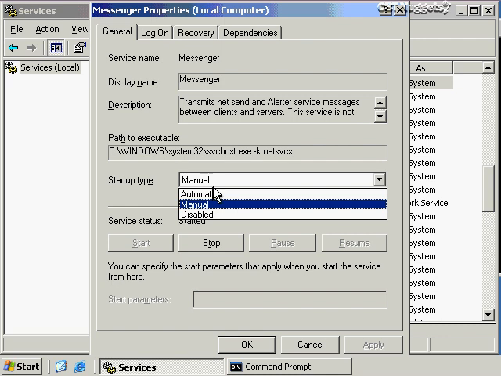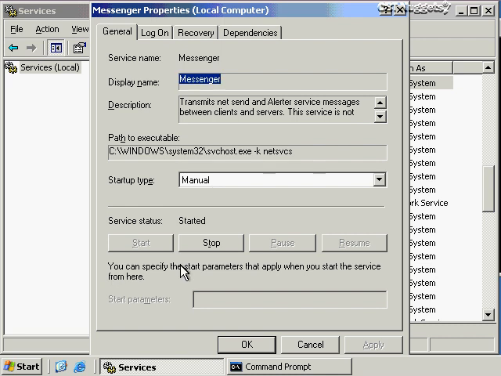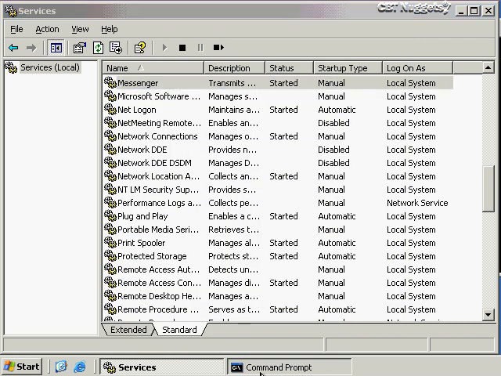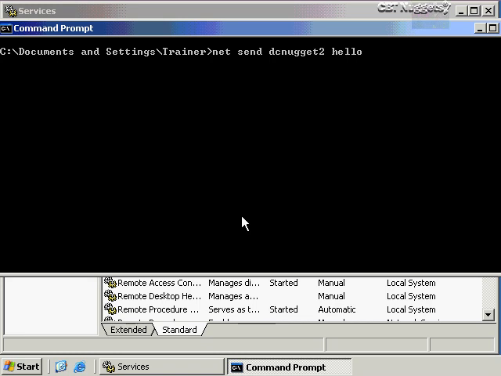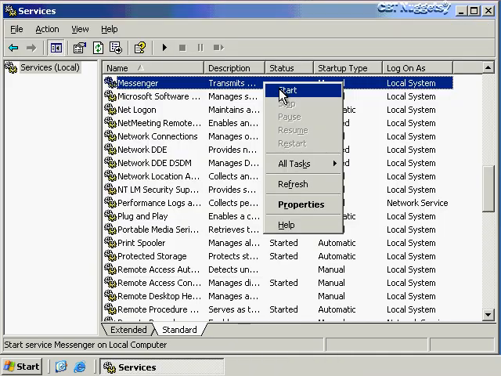So anyway, we've got this set to manual now, and then I'm going to go ahead and apply this, and then we'll go ahead and start it. Oh, I was blathering on. I forgot that I already did start it. Anyway, we'll go ahead and start that now. Then we'll click on the command prompt here, and we're going to do a net send again. And this time, there it is, sure enough, we get the message now because the messenger service has been started. Let me also give you a quick shortcut. If you do need to stop or start any of these services, just right-click, and you can see from the menu here all the different options that are available to you.